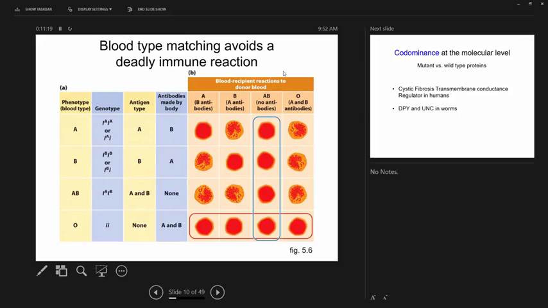So a person with blood type A would have A antigens, and so their body would not be making antibodies to A antigens. But because they have no B antigens on their red blood cells, if they ever encounter the B antigen, boom, antibodies get made. How would they encounter the B antigen? If they go to the emergency room and they get either type B blood or type AB blood, both of which have the B antigens. So if this type A person gets type A blood, there's no problem. But if they get